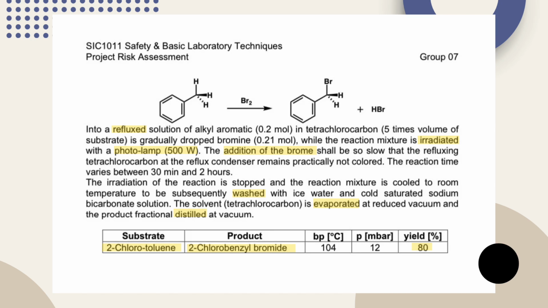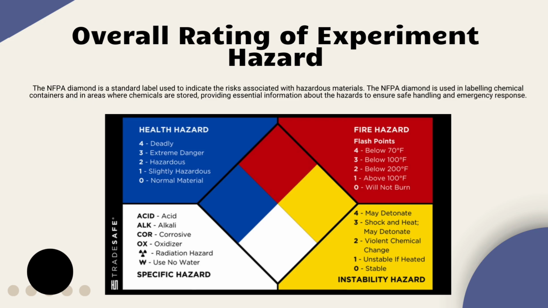with 80% efficiency. Moving on, this slide shows the NFPA hazard diamond, which is used to indicate the risk associated with hazardous materials. The first one, the blue section, represents health hazards, ranging from normal materials to deadly substances. The red section indicates fire hazards, showing how easily a material can ignite. The yellow section shows instability, meaning how likely a substance is to explode or react. The last one, the white section, lists out the specific hazard, such as corrosive materials, oxidizers, or substances that should not